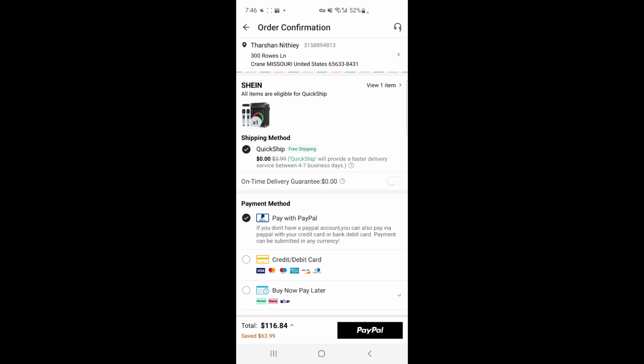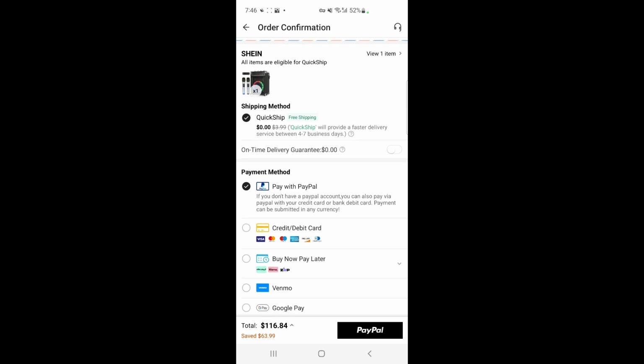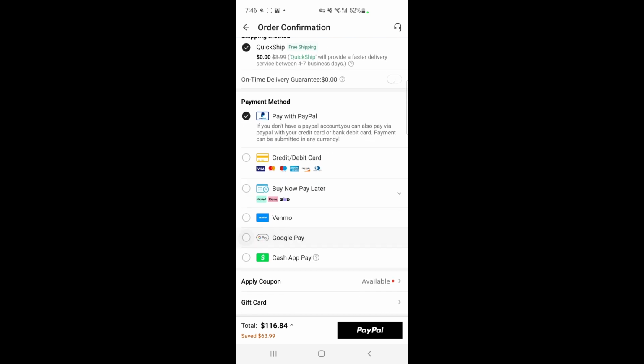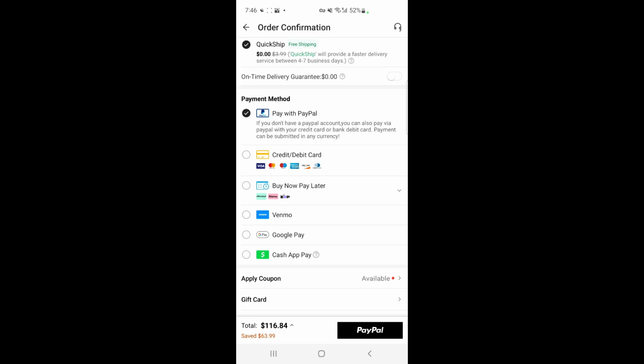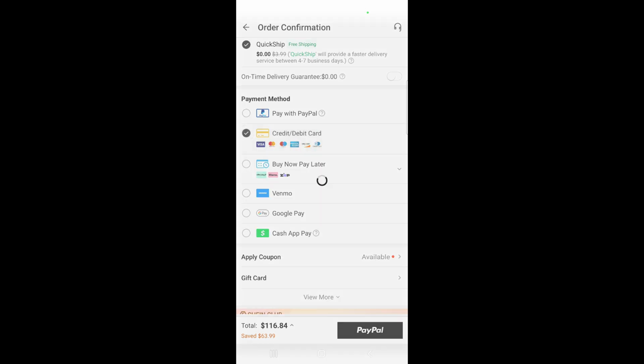When I get to checkout, I'll have my shipping address there, that's fine, and everything here. What I'm interested in is the payment method. If I want to add or remove my card, what happens is when I choose the debit card here, by default my debit card option will be saved, because I've used it previously to make a purchase. But if you don't want that to be saved, what you can do is choose this credit and debit card option,